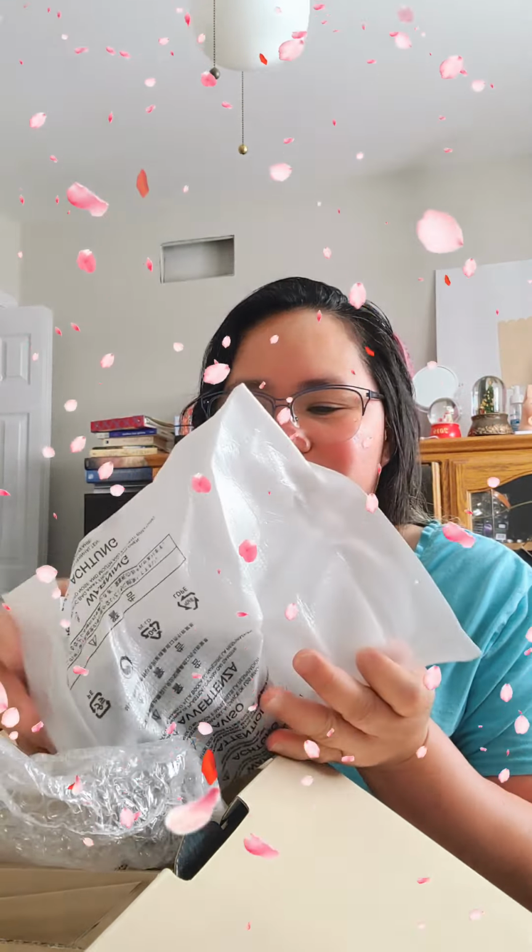Now let's open my camera. When my husband bought it, the memory card was not included, so he bought me a memory card also. And this one is like 700 something altogether. Almost 800. So here is my camera Nikon. So I'm going to have to study about how to